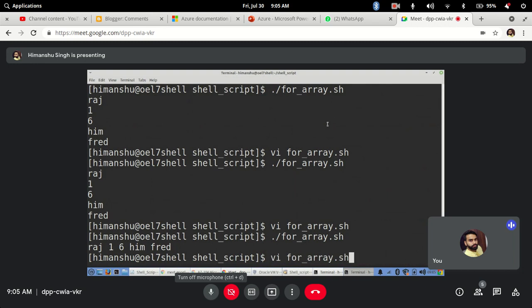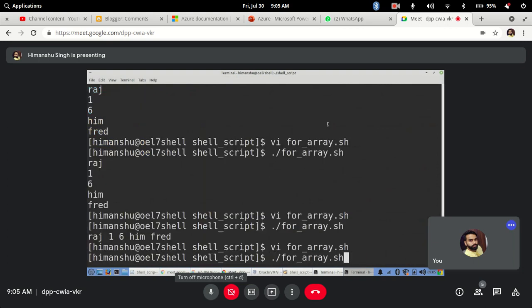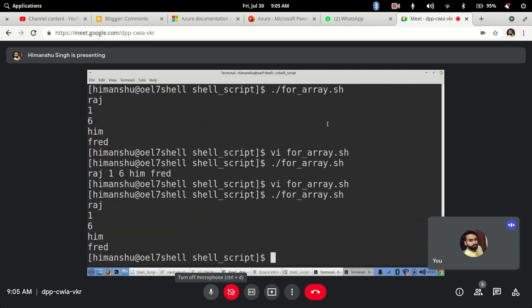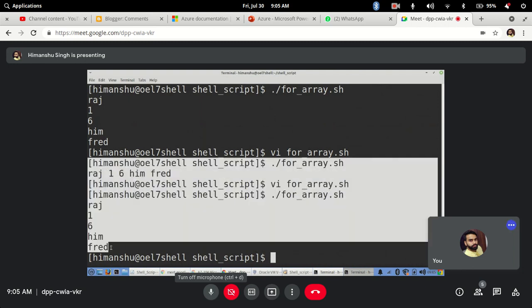And if I do like this, that's why I don't use this way, so that I don't need to worry about this stuff. Now if I give at the rate, if you see, it is printing differently. So these are the two different ways it is processing them.